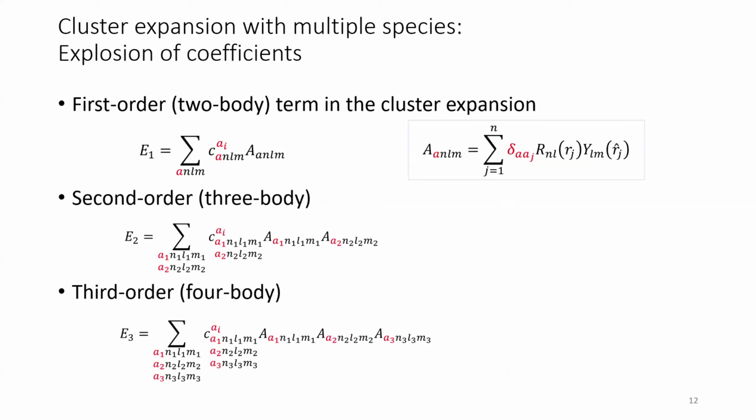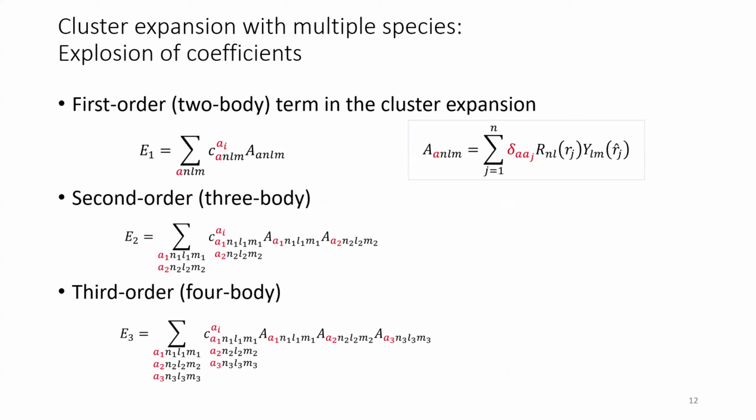Okay, so now towards the question of what our package can't do and what we might like it to be able to do. Here is a version of the cluster expansion slide that Christoph showed, where in red I have highlighted indices associated with the chemical species. So you start off with one,